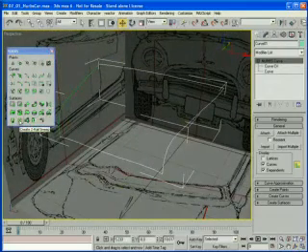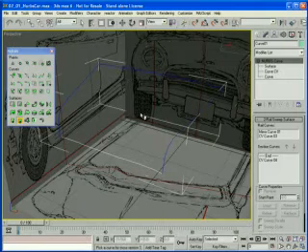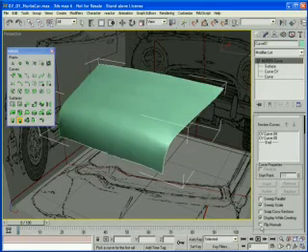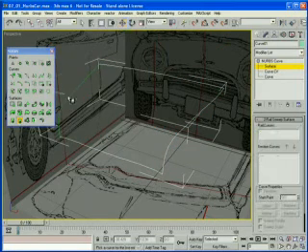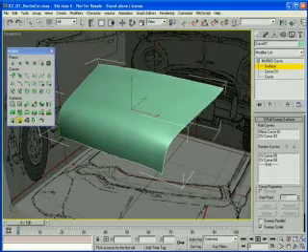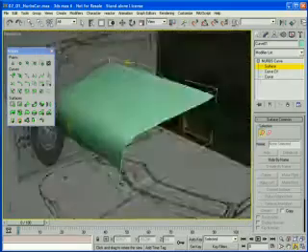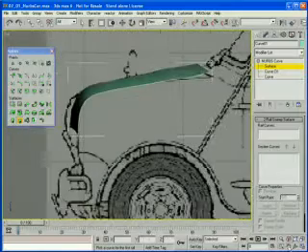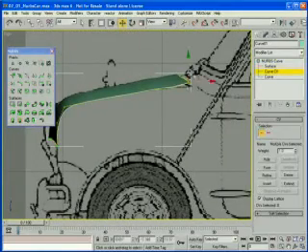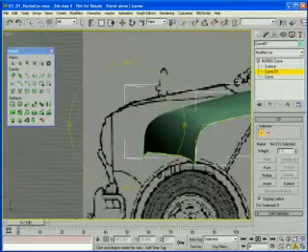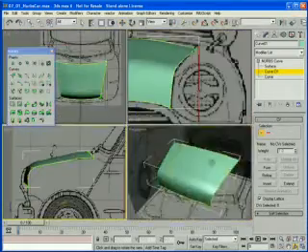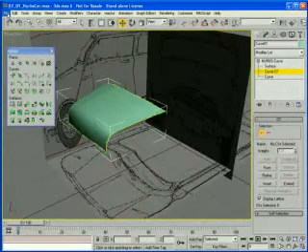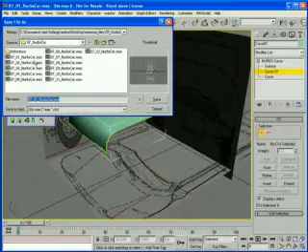So I'm going to go over here to Curve CVs, and then just start moving these CVs in so that we kind of have the front to back curve. So we've got the curve of the hood from the top. Now we got to get the curve of the hood from the front. So what I'm going to do is I'm going to go ahead and select this curve, move it down, align this center line here with where it hits the hood, and then go Curve CV, and then just